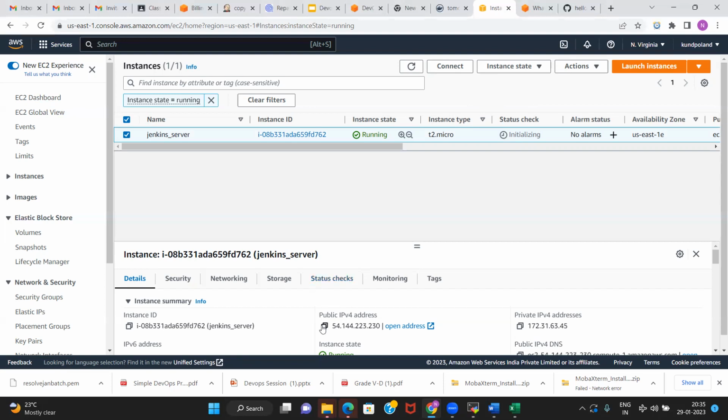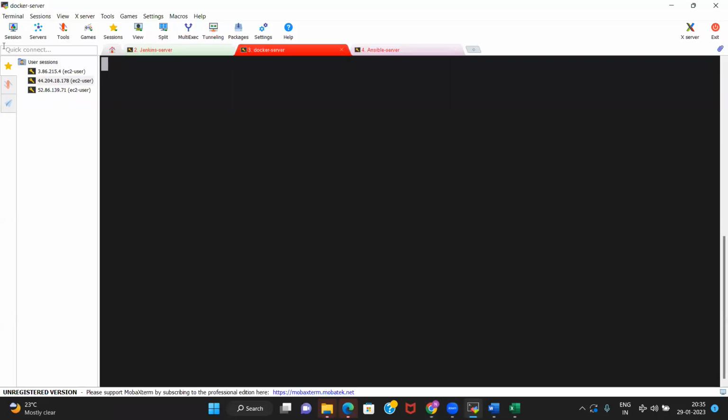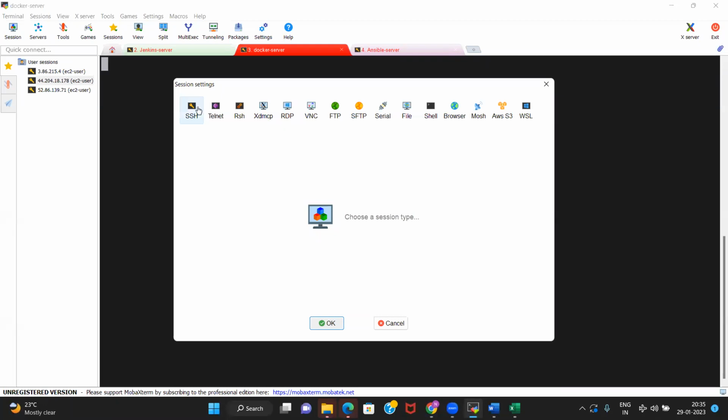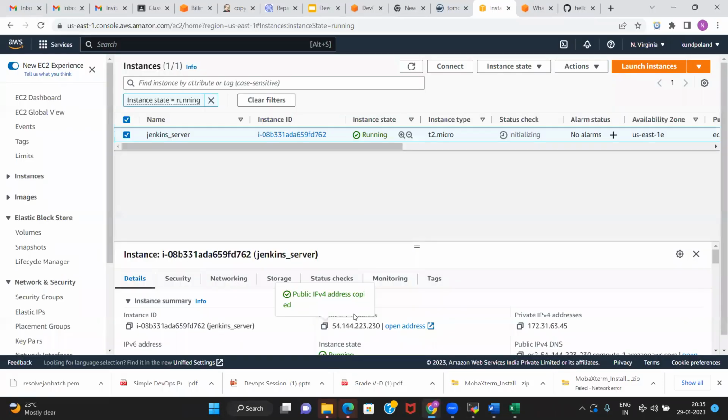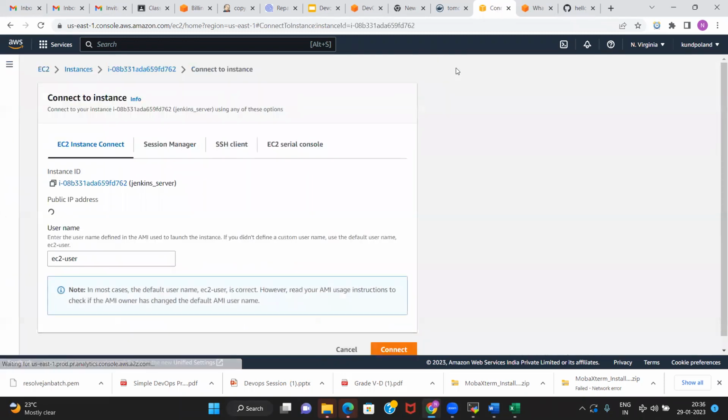Now let us copy the instance's public IPv4 address from the details and put it here. For the username, for Amazon Linux instances, the default username is EC2-user. If you click on connect as well, you can find out the username.